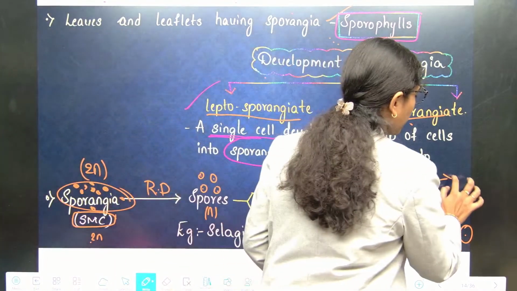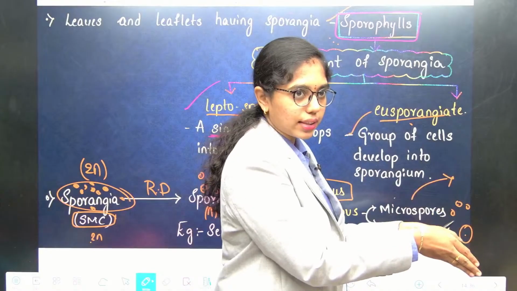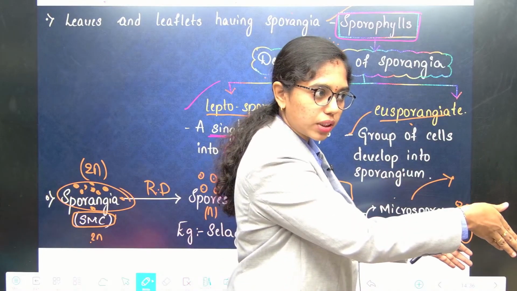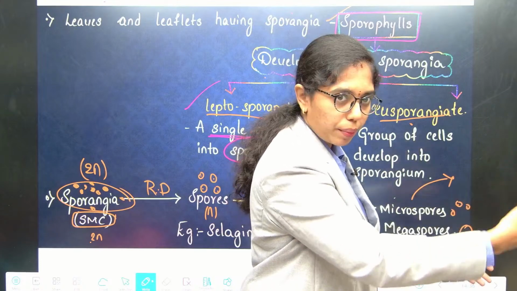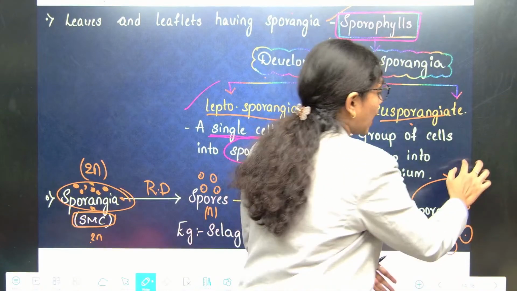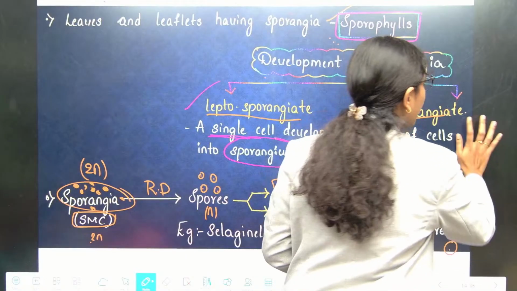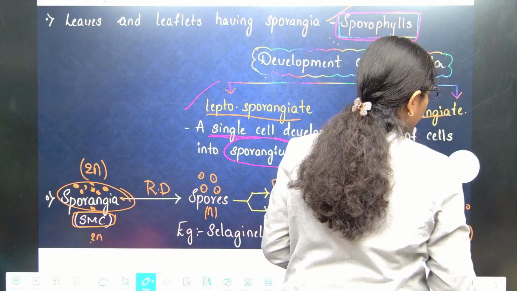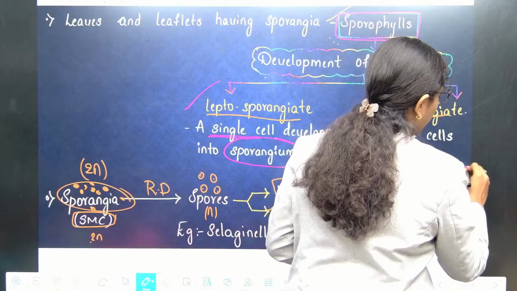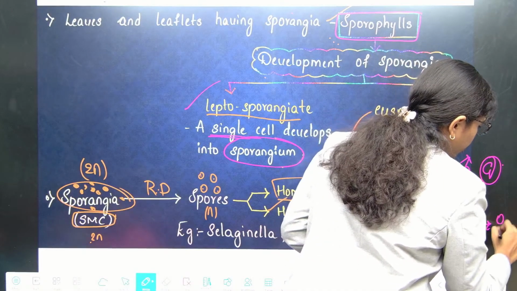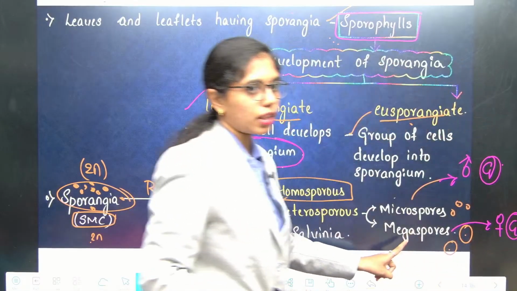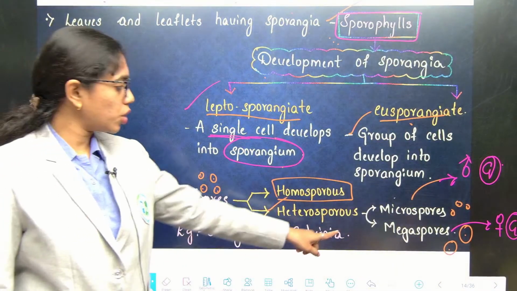Microspores will develop into what? When microspores fall on the substratum, they will develop into prothallus, then into the primary gametophyte. What gametophyte? Antheridium or male gametophyte. Microspores develop to what? Male gametophyte. Megaspores develop to female gametophyte. Understood? First differentiation you have observed in